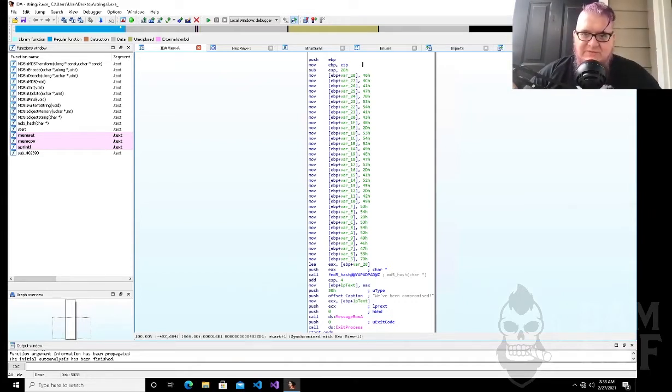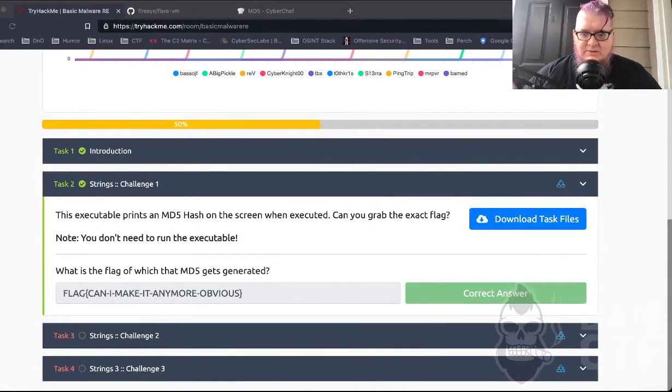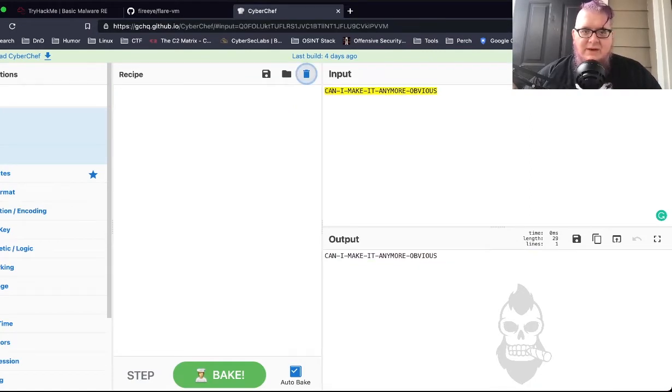So we start off with 46, 4C, 41. So all these look like they're in the ASCII character range. So I'm guessing if we just go through one by one and convert these, then we've got our string. So let's try that. Let's go back to, we'll just do this in CyberChef as well. I'd do a lot of these, we would extract them and probably write a script for it, but we'll just be lazy here. All right, so we don't need MD5. We do need...